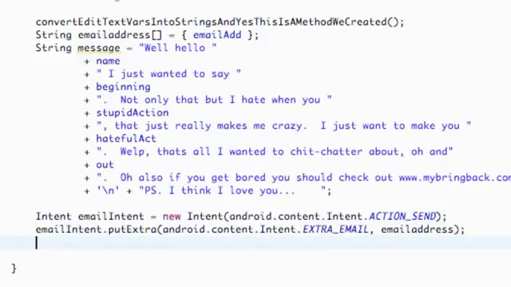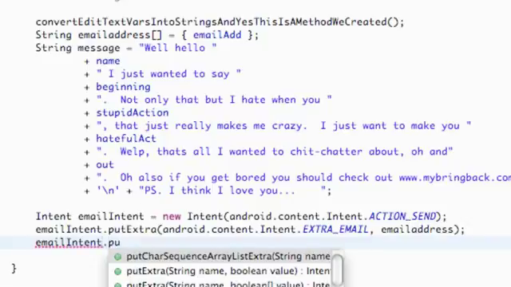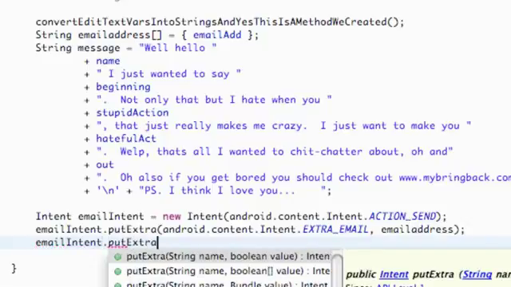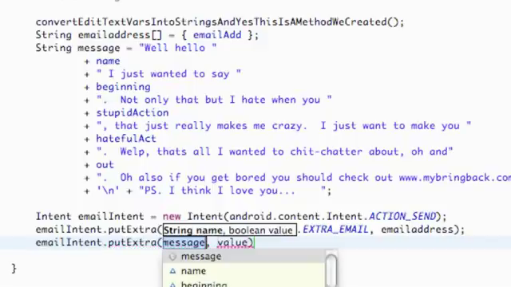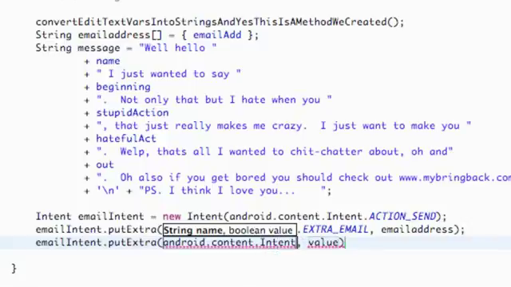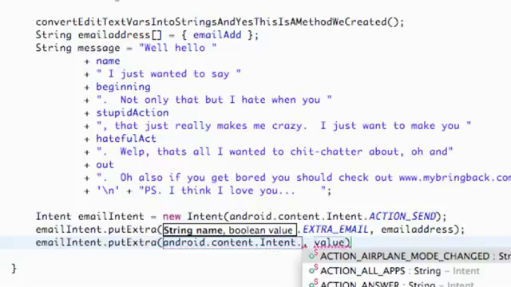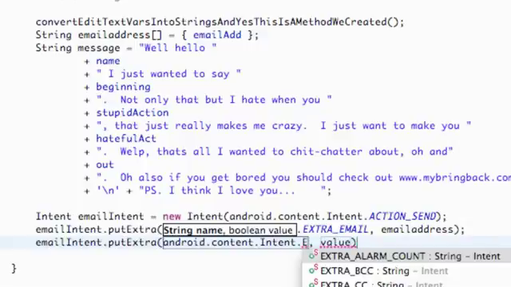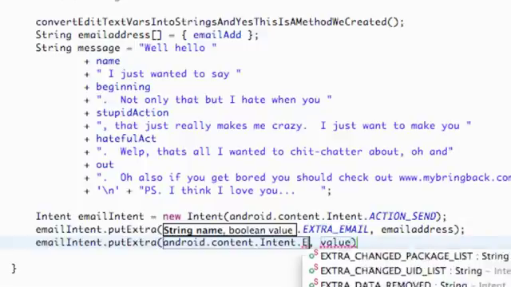Let's put some other things within this email. So we're going to say emailIntent, adding to the intent again by saying putExtra. And we're going to now add the subject of the email, and we're going to say android.content.Intent. And again, if you guys ever want to build an email, for the most part you probably aren't going to remember all these action names, so we're just building kind of a reference pack that you guys can use later. So what we're going to say now is EXTRA_SUBJECT, because it's going to be the subject of the email, and we're going to say